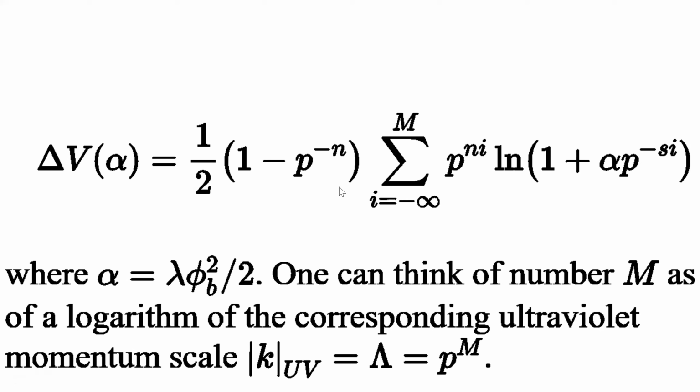So our main object to investigate is this sum, where we have to introduce regularization as in the case of some cut-off in just real-valued field theory. Okay, so it can be thought of as cutting the momentum scale at some power of a prime, which can be found by this equation.